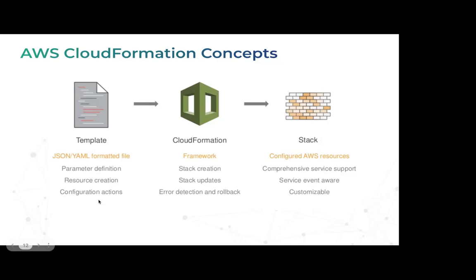parameters, resources, configuration, right? As I gave the example of that Lambda, you define a block when you're writing a template in JSON or YAML format. You define a resource, you define the property or configuration of the resource, and then you have parameter mapping and those kinds of different sections to make it more reusable. Similarly here, you have a parameter definition, you have the resource creation, and then you have configuration actions. So those are the different kinds of operations you can do on a template.